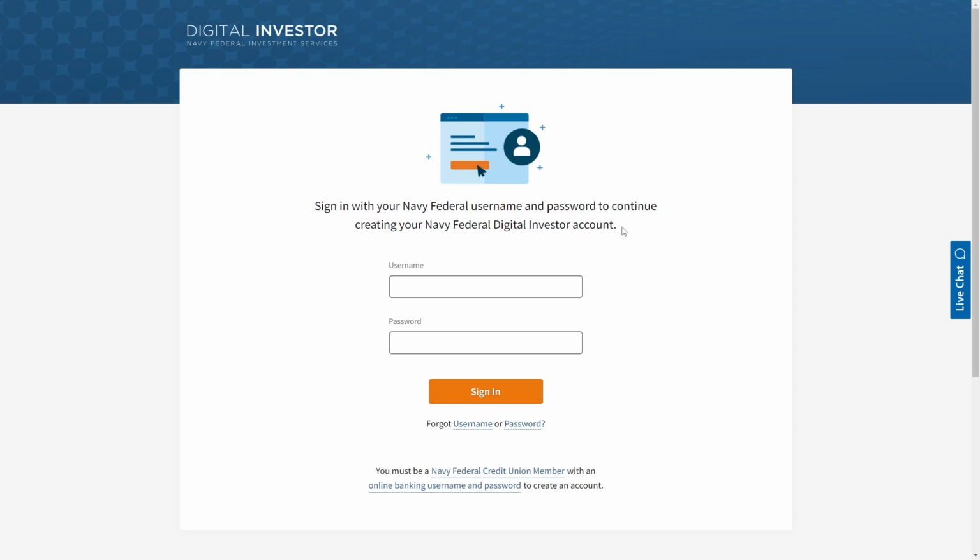this will not work. Once you go ahead and sign into your account, you will then be able to actually invest using the Digital Investor. So if you chose a self-directed account, you'll then be able to choose your stocks and ETFs. Or if you chose the automated version, they will then give you some advice and build a portfolio to match your needs. From there, you can invest whatever you want and then hopefully make some profit over